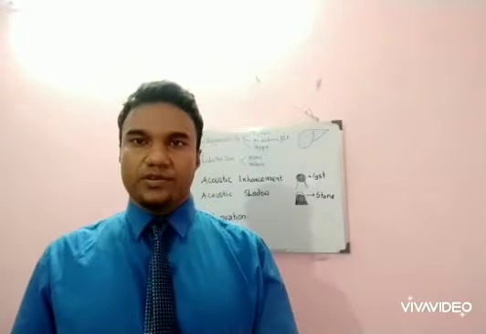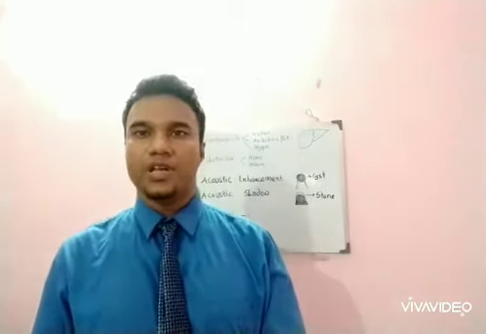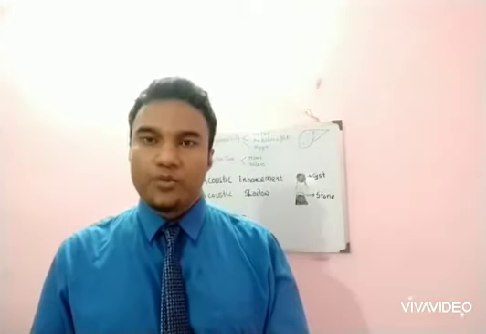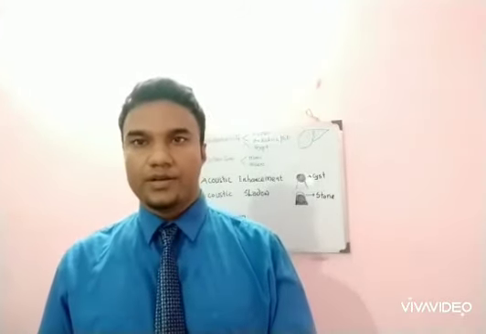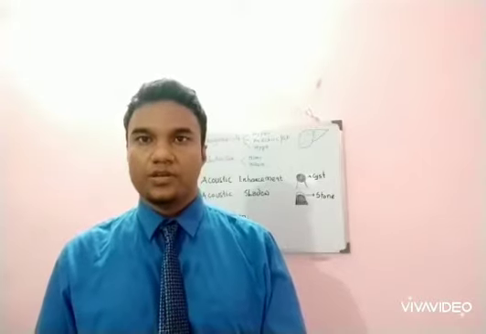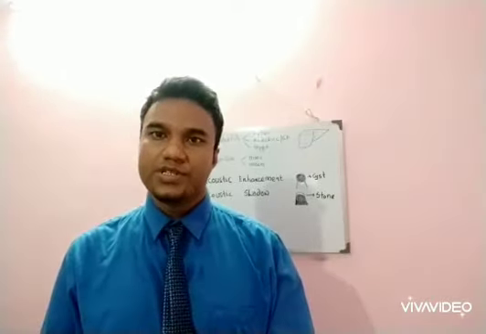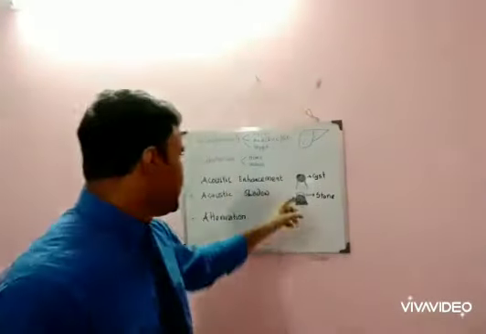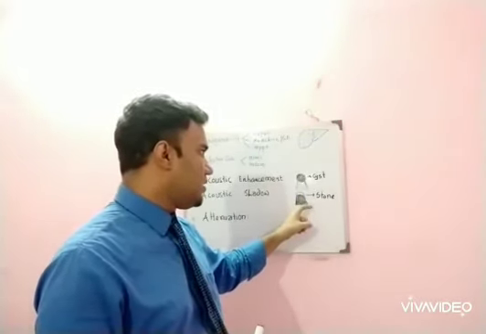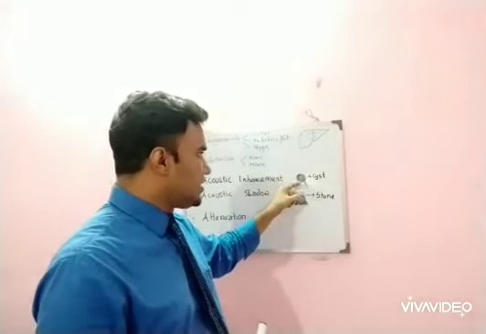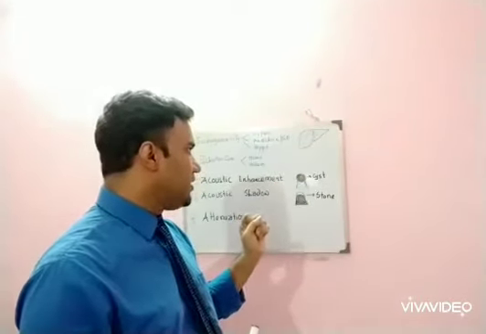Then coming to another important terminology, acoustic shadow. This is just the opposite of acoustic enhancement. Here a hypoechoic structure or shadow is created by the organ to be examined, lying behind that structure, that is acoustic shadow. For example, this is a stone and this gives rise to a posterior acoustic shadow, that is the black one. In case of acoustic enhancement, there is a bright one lying behind the structure, that is a fluid-filled cyst.